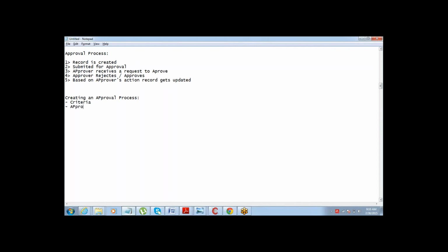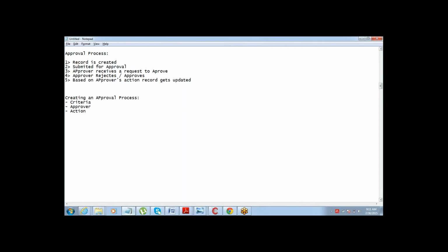Second is approver. You also have to define who is the approver. Third is action. What happens when the record is submitted for approval? What happens when the record is approved? What happens when the record is rejected? So actions need to be defined here.